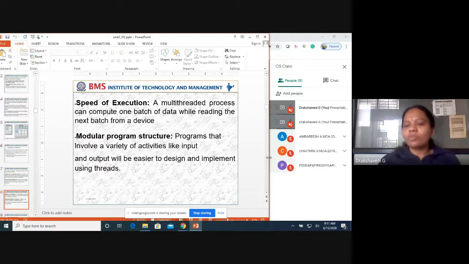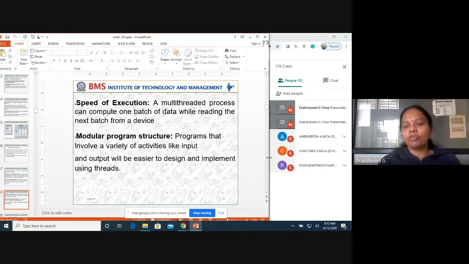In the same way here, speed of execution will definitely increase because many threads will be doing parallel work. Then modular program structure: programs that involve a variety of activities like input and output will be easier to design and implement using threads. That is what is called a modular programming structure.